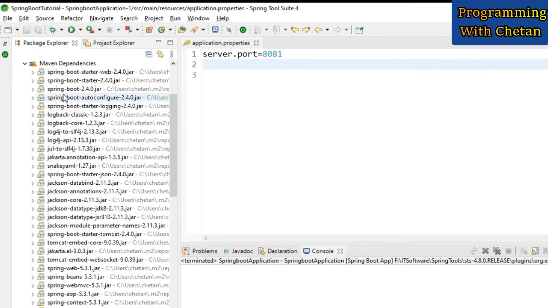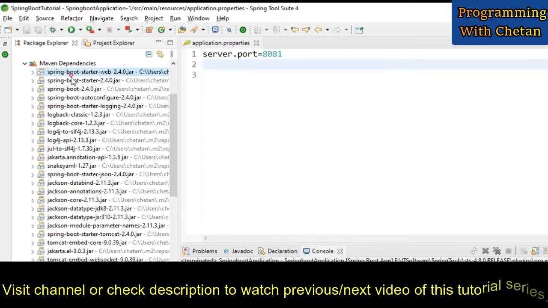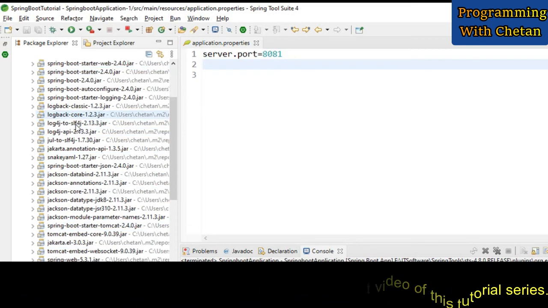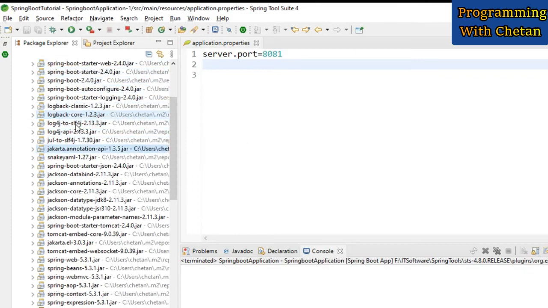We have simply selected the dependencies which we need for our project, and you can see that all the dependencies are automatically added by the Spring Boot Starter project. Here you can see that all the Spring dependencies are there along with Spring Boot Starter. Then Log4j dependencies are there. Then this Jackson dependency is there, which is used for various important annotations along with supporting different formats like JSON.